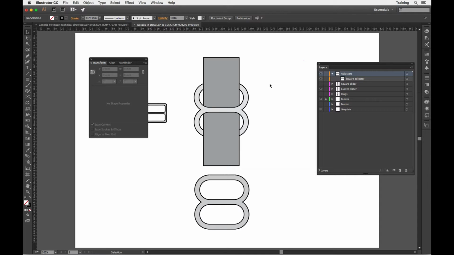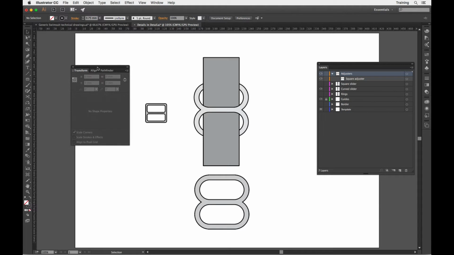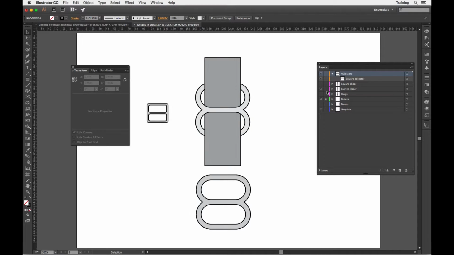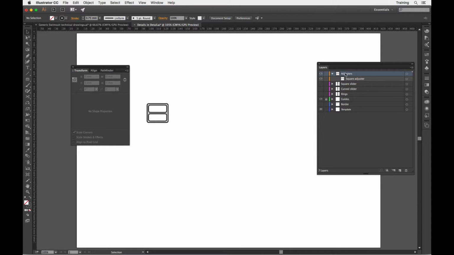Hi there, Rob here, and I'm going to move on and do a curved slider or adjuster. Similar technique to the square one, but slightly different as well to get the outside. So that's what we're going to end up with. So I'll just hide that away, go onto my adjusters layer, and to get a sort of lozenge shape, the